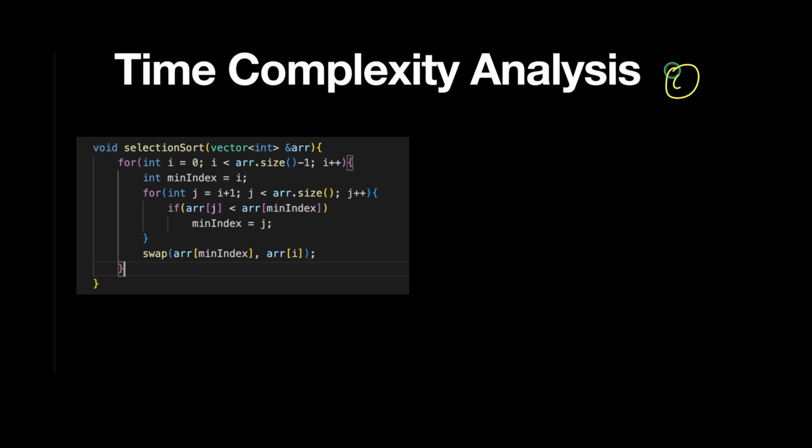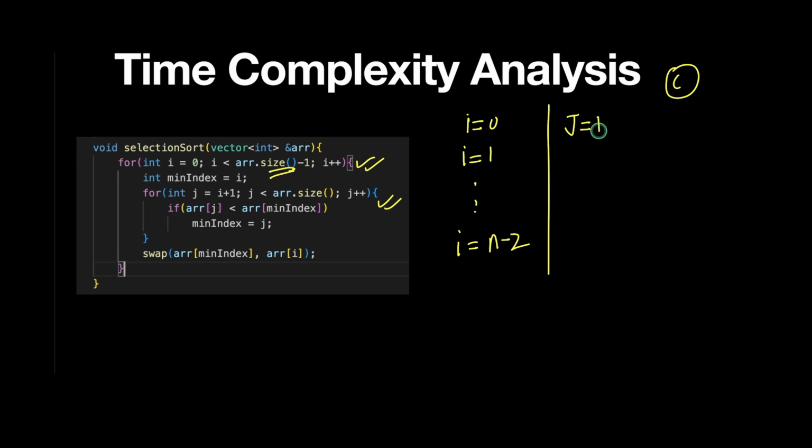All right, so let's take a look at these two loops. So i goes from 0, i becomes 1, and it goes all the way until i equals n minus 2. Right, i is less than n minus 1, so i has to become n minus 2, and after that it will not execute. So the corresponding values of j will be j equals 1 and it goes all the way until n minus 1,